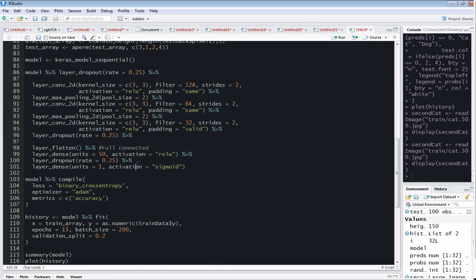So the code is very easy. Basically, just define what you need in the structure. But I would suggest that you read some papers to understand what a convolutional neural network is actually doing in terms of the structure, the algorithm and the formula. Then you apply. After you design your model, you can use the compile function to